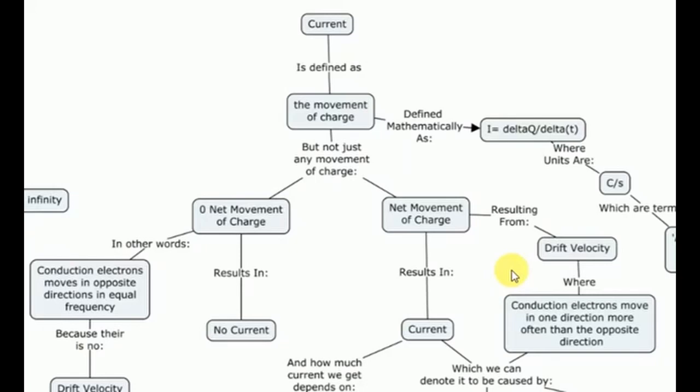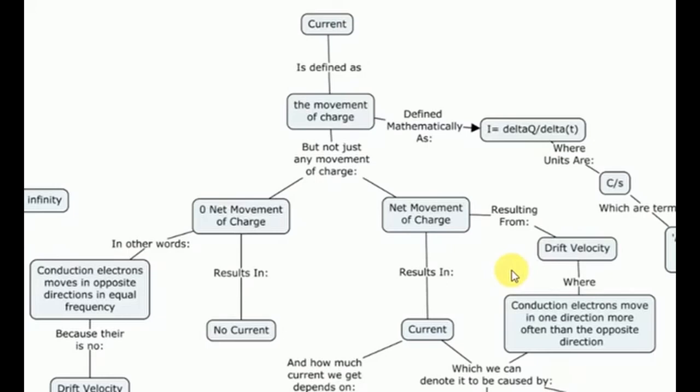Now, what is current? Current is the movement of charge, but it's not any movement of charge. Current is when you have a net movement of charge in a wire, in a conductor, in anything. Current is simply a net movement of charge. Now, generally, we say that it's the movement of charge, but then we remind ourselves that current results from drift